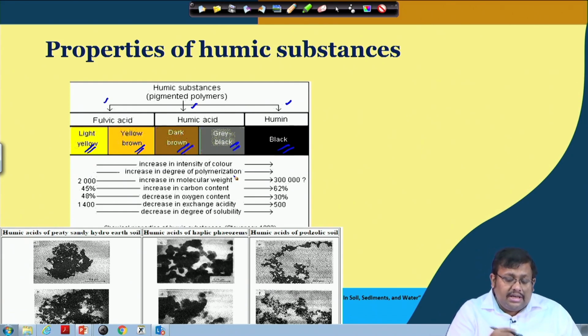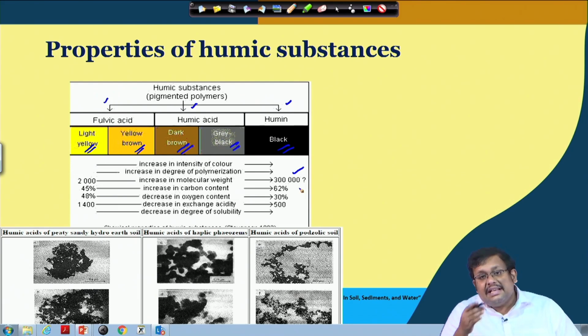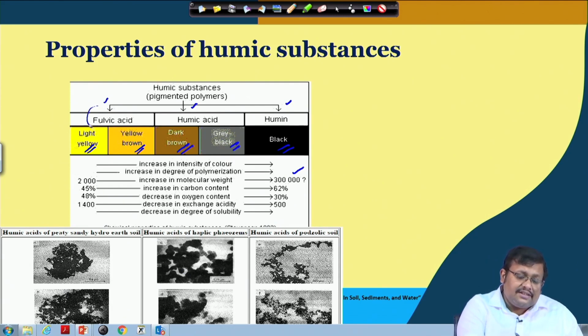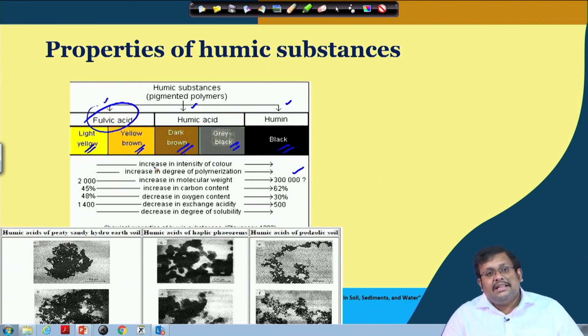And also increase in molecular weight, we have already discussed this point: the molecular weight is less in case of fulvic acid, and it is more than fulvic acid in case of humic acid. In case of humin, it is the highest. And in case of carbon content, the carbon content is lowest in case of fulvic acid. The carbon content also increases from fulvic acid to humic acid to humin, and decreasing the oxygen content, as you